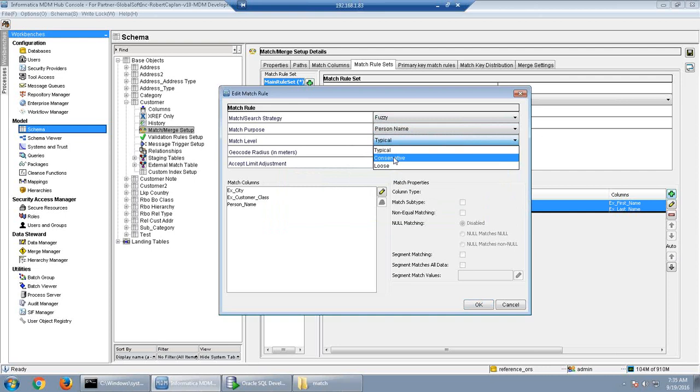Loose is rarely selected, because there is a possibility that if you select loose, records that should not be a match at all also get matched. Two different customers whose names are not at all similar might get matched. We might see that possibility if we select match level as loose. That is why in real time this option usually doesn't change. It is mostly fixed as typical. So we just change the search level and the key width. Two options we generally change. This match level doesn't change. It is usually typical.